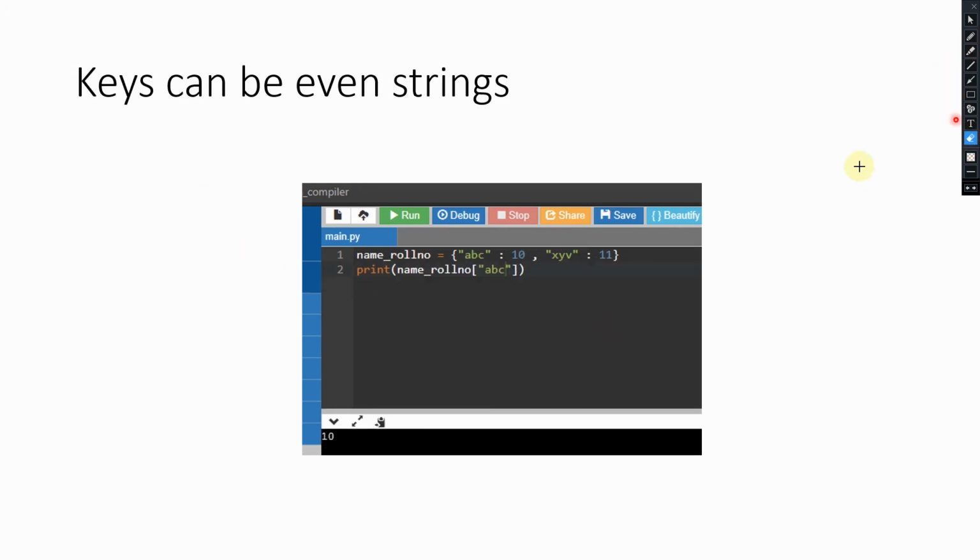And also the keys can be strings. In this case, ABC is the key and 10 is the value. Both can be strings, ABC, BCD. In this case I'm printing name roll number, so this is the opposite of the previous example. ABC is the name and the corresponding roll number is 10.